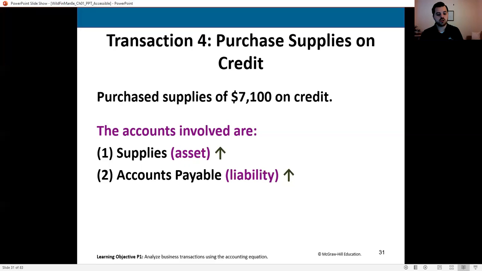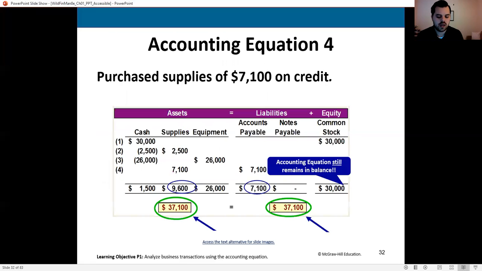Most of our liabilities will feature this word, at least a tremendous amount of them early in the course. So when we see the word payable, I want you to think liability. That is a liability. Almost every time. I'm sure there is an exception, but almost every time you see the word payable, that is a liability. So in this case, one asset goes up, and so does accounts payable. In this case, this grosses up our balance sheet. So assets increased by $7,100 because we got more supplies, but notice our liabilities also increased.